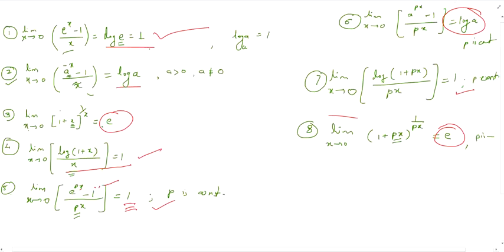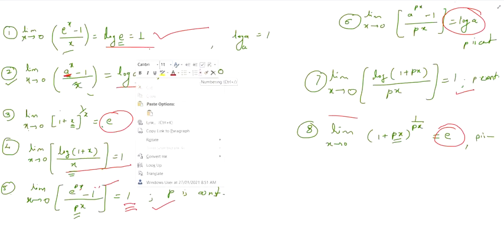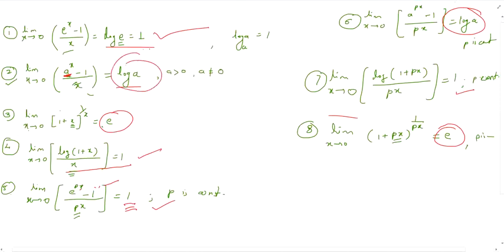And if the negative is also there in the function, then there is also one more result, but we will see it while solving the example. So here if a is there, then we get log of a. Here you can see that is log of a. And if there is a function having this exponential form, that is (1 plus x) raised to 1 by x, then we get e as a result. Now look at how to solve the examples by using these results. These results are very simple and very easy.